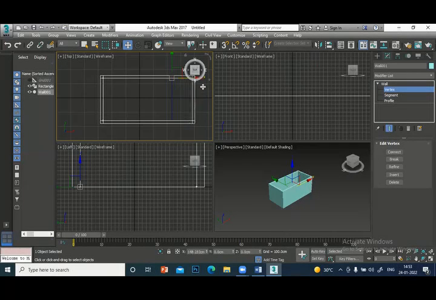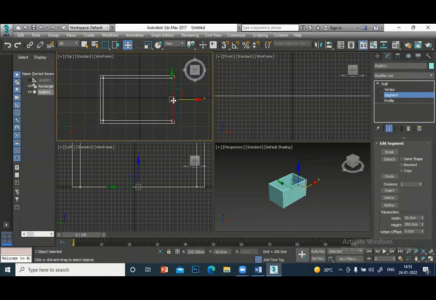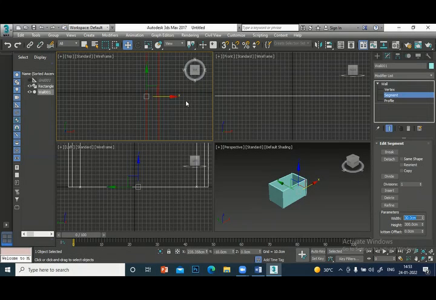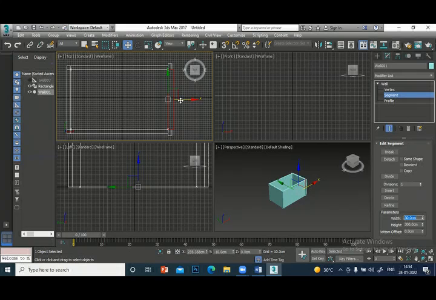You can select the vertex and make the room bigger or smaller. Suppose you want to change the width of this wall. Go to segment and click this. You can see the measurement will come here, 20 centimeter. I want to make this 30 centimeter. Type 30. You see that only that wall became 30 centimeter.